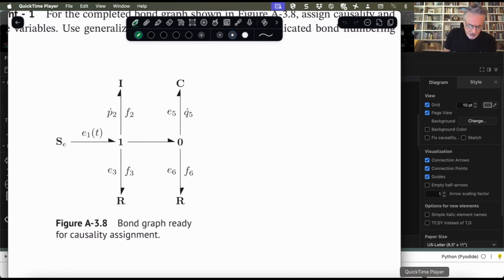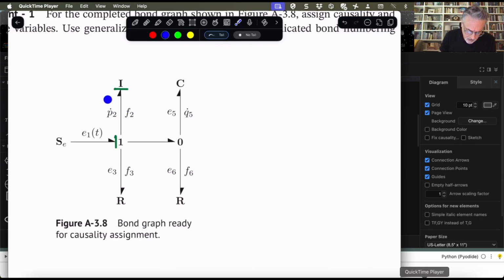So we start off with the source of effort, and you would have applying that constrained causality on that source of effort. Once you're at that one junction, you're kind of free to then look around and look for other sources. There aren't any others, so we're going to jump right into the two energy storing elements, which we want to assign causality to first, right? So we can go ahead and assign integral causality on that I element. We're free to do that in this case. Once we do that, I trust you can see now that given that you've now given effort into that I element,